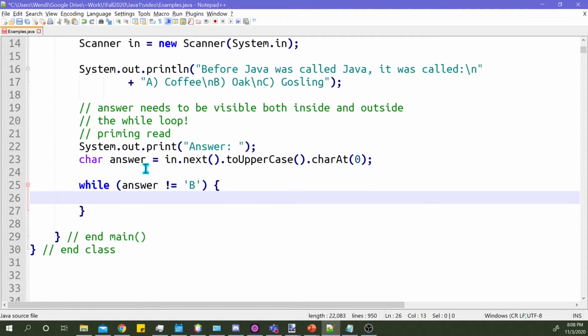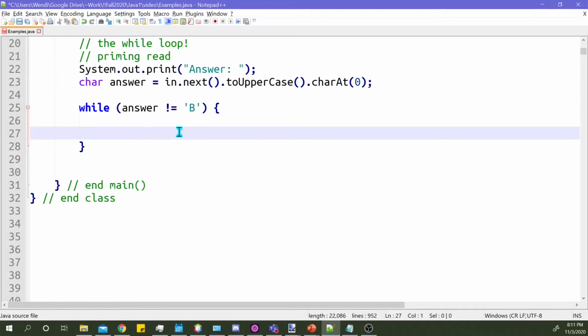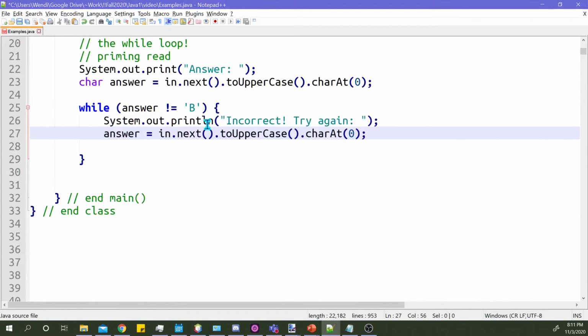It's not an if statement. I'm not checking it only once. I'm going to check repeatedly. That's why I'm using a while loop. So what I'm going to do inside my while loop is while the user has not answered correctly, I'm then